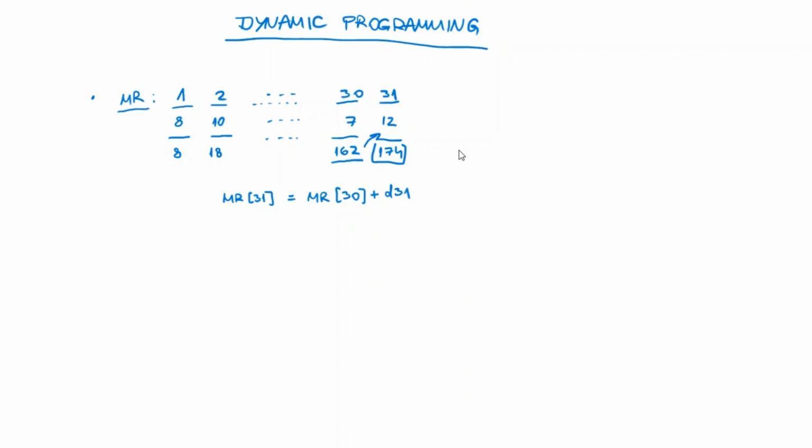Another example useful to illustrate dynamic programming is when we are about to calculate a Fibonacci number. First one is 0, second one is 1, and a Fibonacci number is the sum of the previous two, n minus 1 and n minus 2. So we have 0, 1, their sum is 1. Now 1 plus 1 is 2, 1 plus 2 is 3, 2 plus 3 is 5,